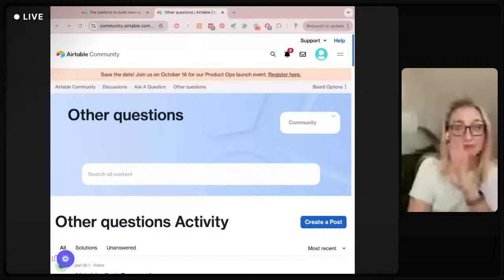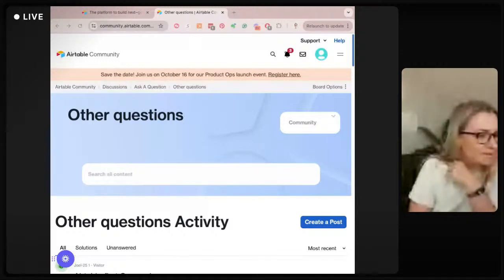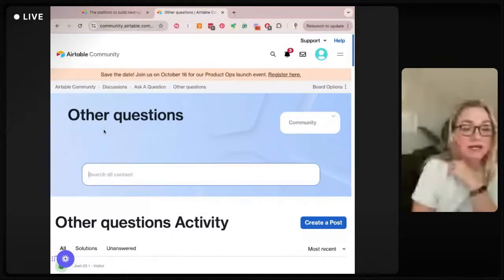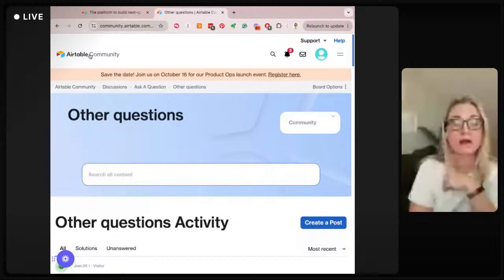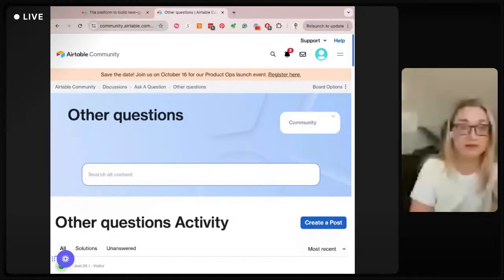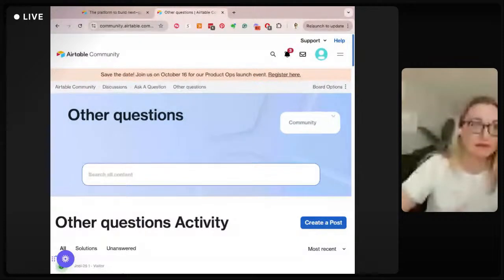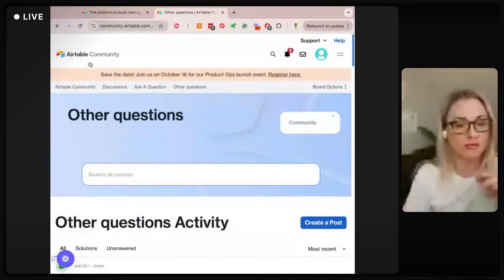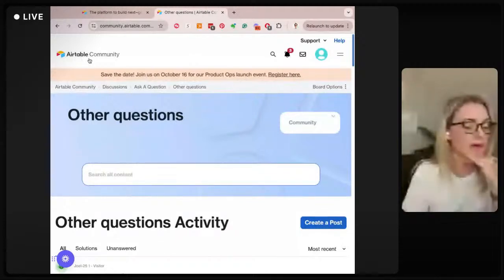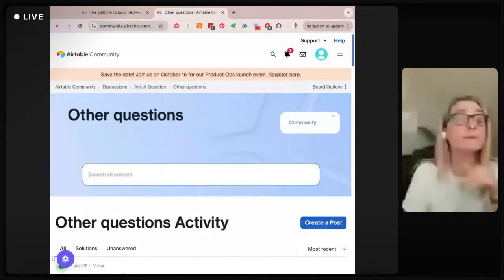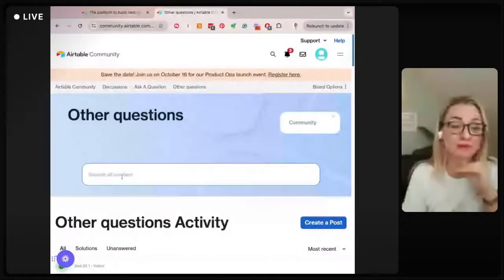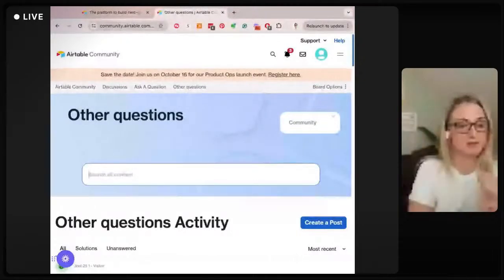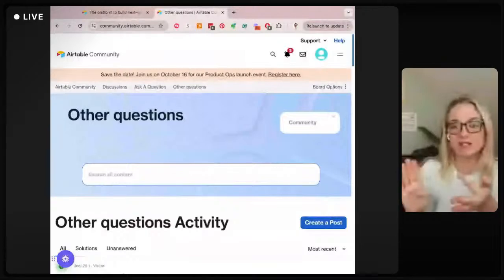And yes, this is a B2B community to answer your question. B2B in the sense that Airtable is a product for other companies to use. Airtable is essentially like a really fancy Excel. I'll just call it that. That's oversimplifying what it does because you can create apps with it and things like that. But this is a B2B community. So most people who are going to be using this community are very busy. They just want the answer to their question and they just want to be able to use the software faster and more effectively.